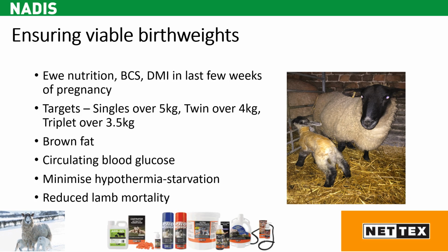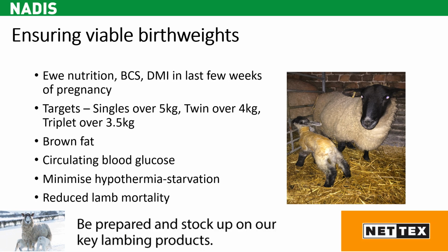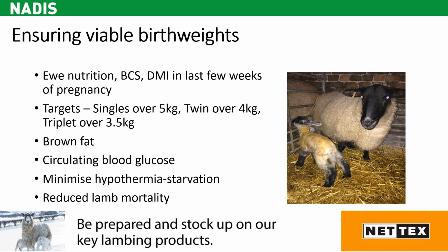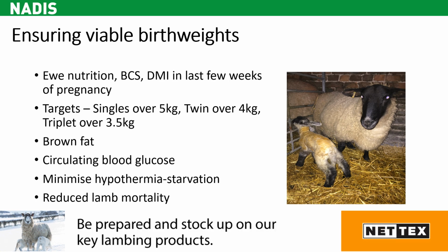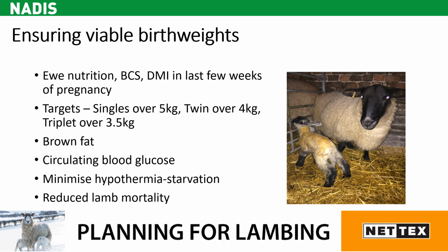Lambs that have achieved those good birth weights will have good levels of internal brown fat, which is used importantly for thermoregulation, so it's used as an energy source for those lambs in that crucial period to supply them with enough get up and go to be able to get up and suck the ewe, and also to protect them in situations where the temperature, weather or adverse conditions may cause them to need more energy. It also means they've got more circulating blood glucose, which helps,